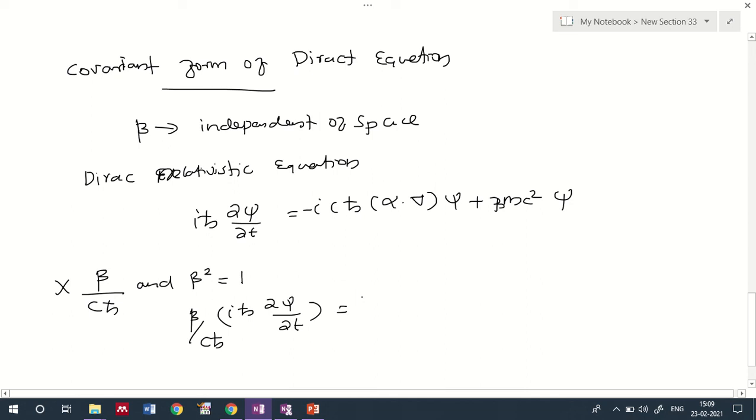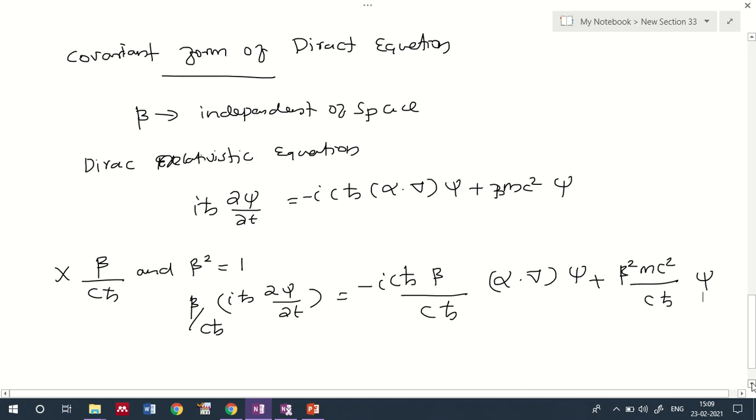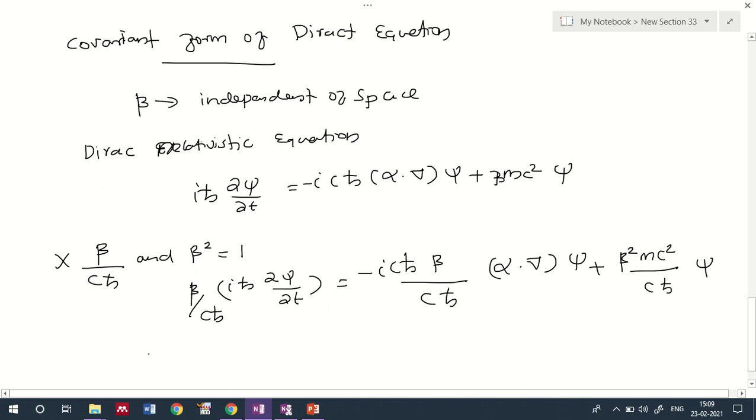equal to, we will be getting minus ic ħ times β divided by cħ, times ∇·α·∇ into ψ plus β² mc² by cħ ψ എന്നതാണ്. Okay, so if that's so, then we can say that this equation can be ഒന്ന് rearrange ചെയ്താൽ